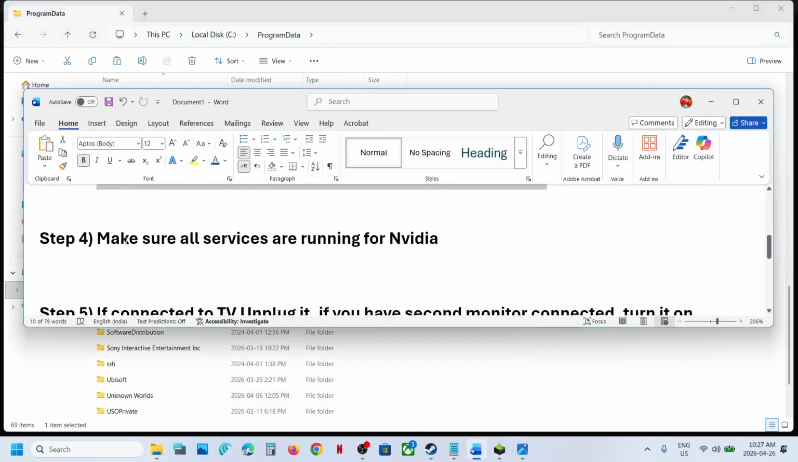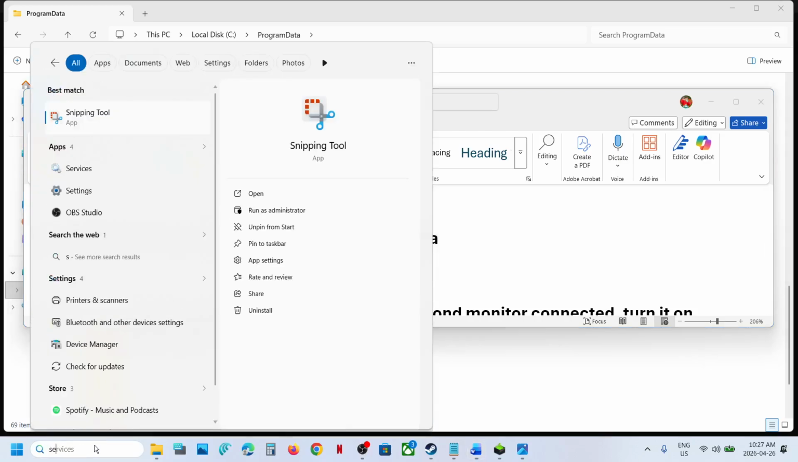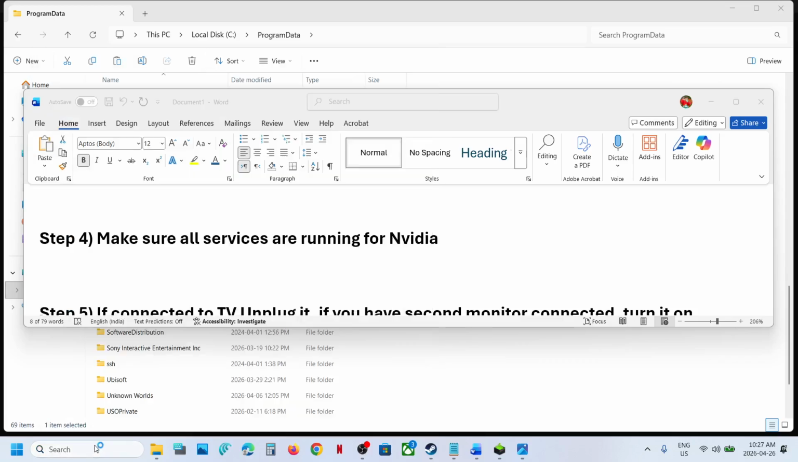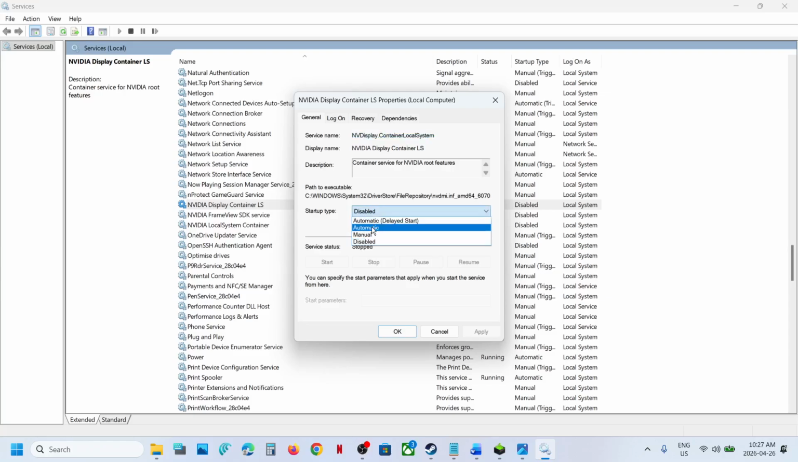Still not working. Make sure all services are running for NVIDIA. So type in services in Windows search box, click on services. Now find NVIDIA services. Here you can see all three NVIDIA services are disabled. Make a double click on each one by one, set the startup type to automatic, click on apply, click on start if highlighted,